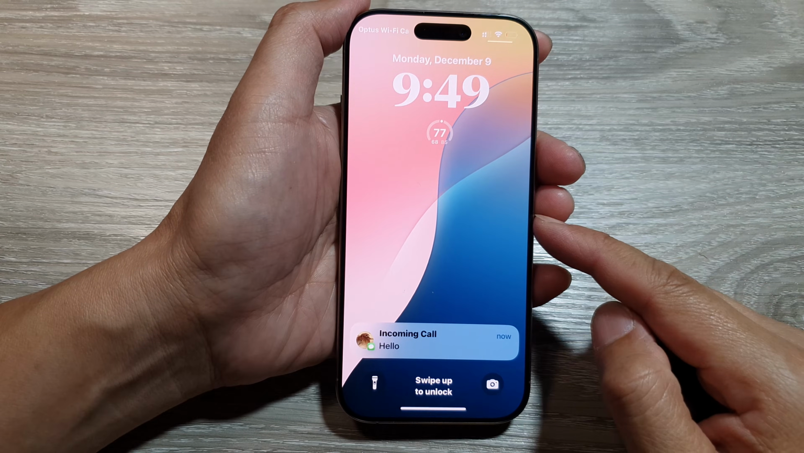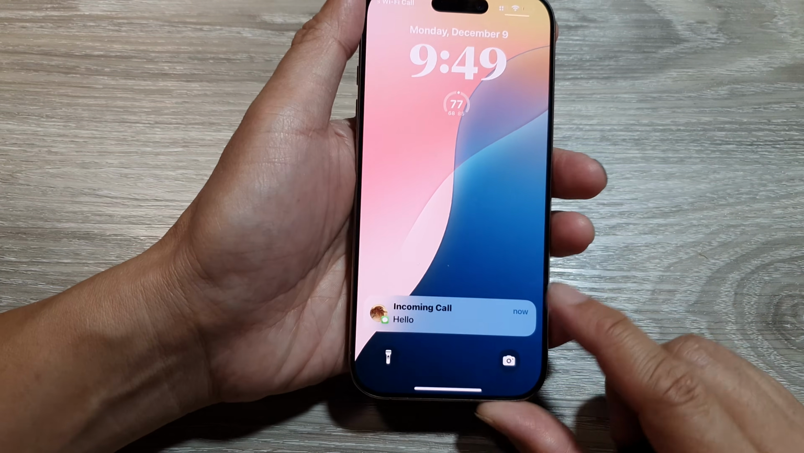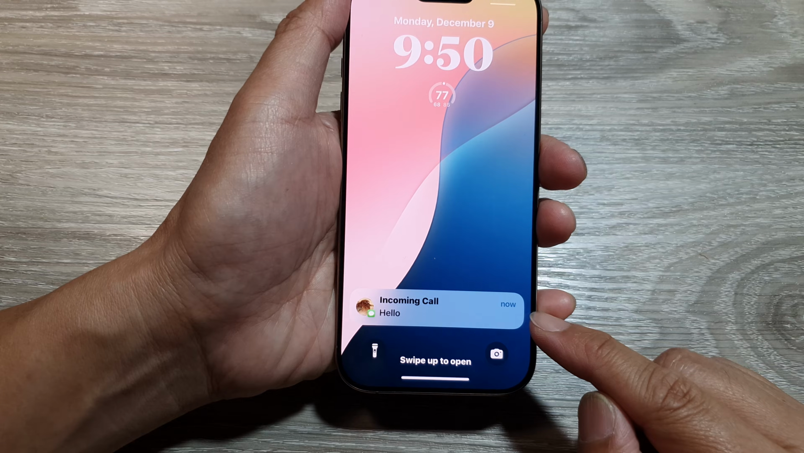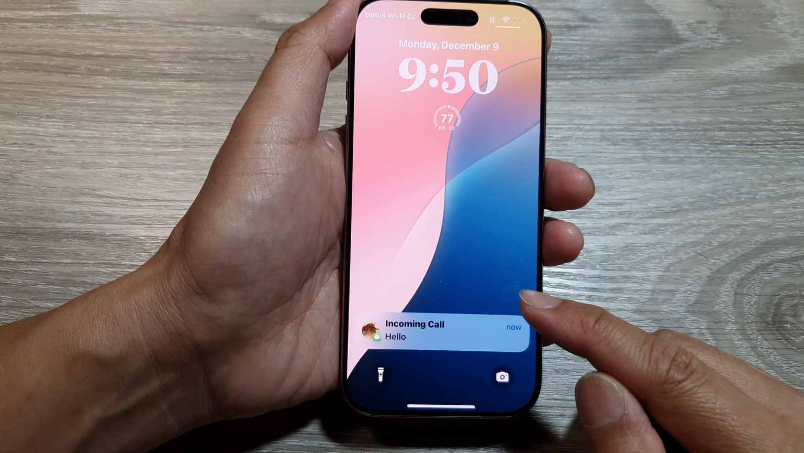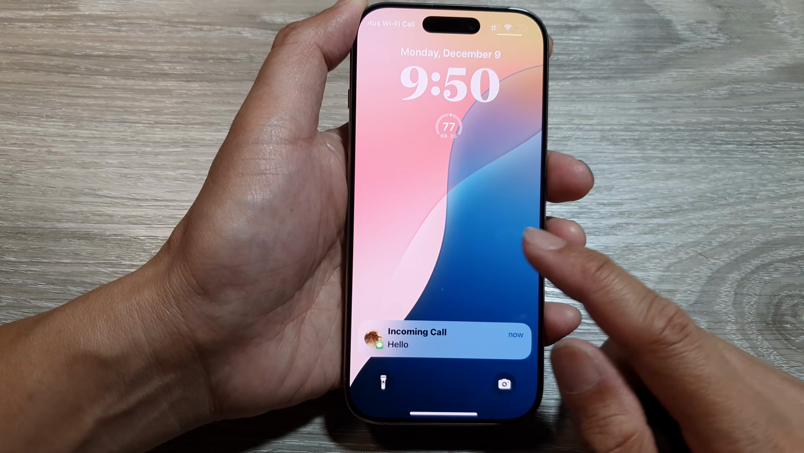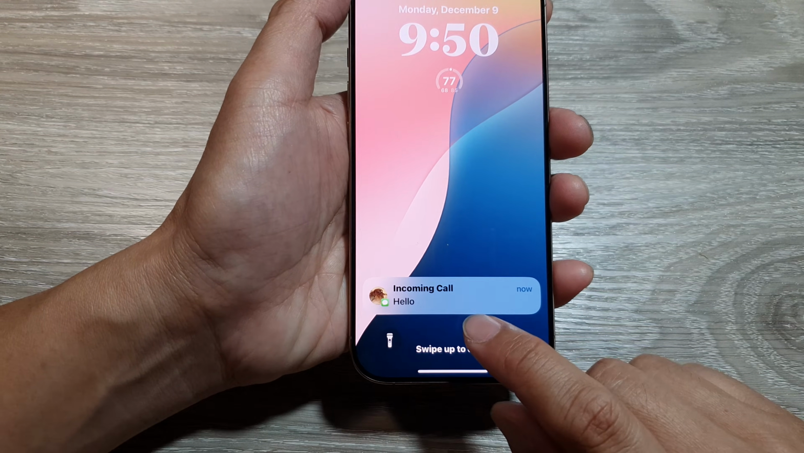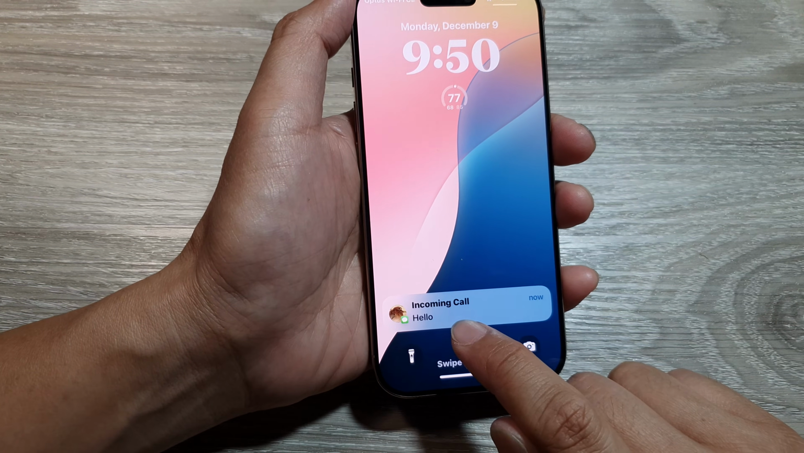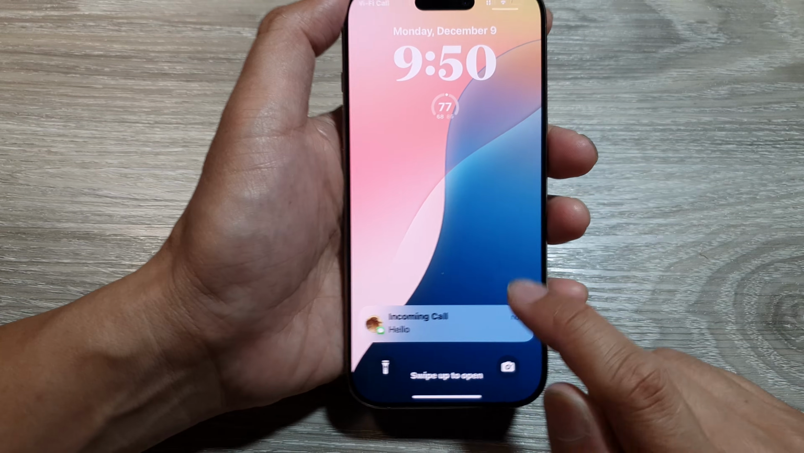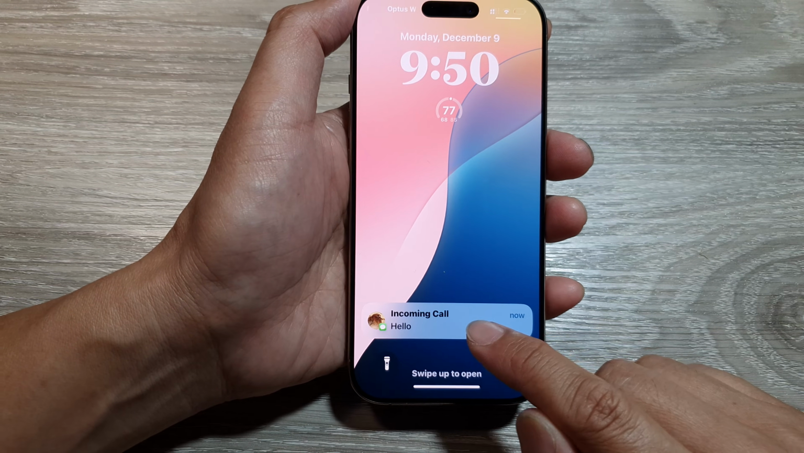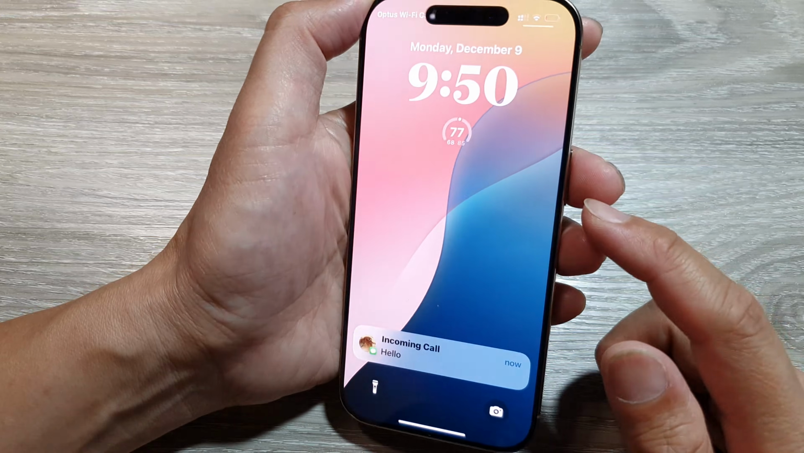How to set the lock screen to show the notification content only when unlocked on the iPhone 16 series. So at the moment you can see that when I receive notifications, it shows the content on my lock screen. So I want to have it set so that it will only show when my lock screen is unlocked with